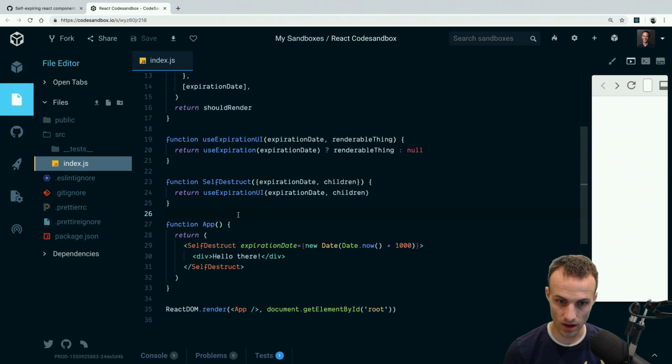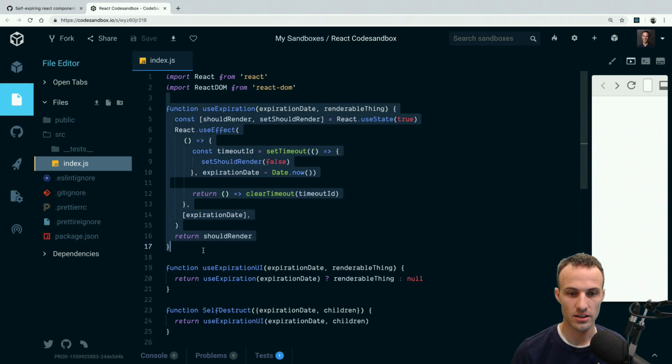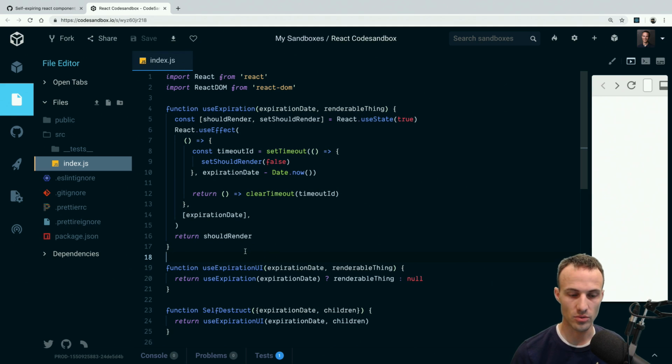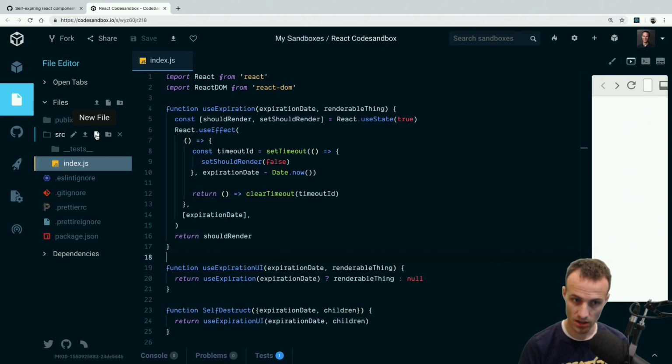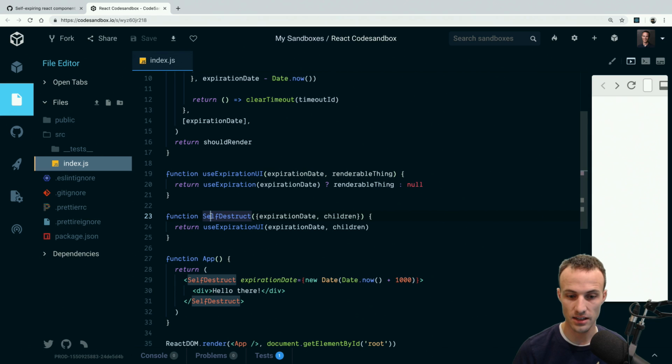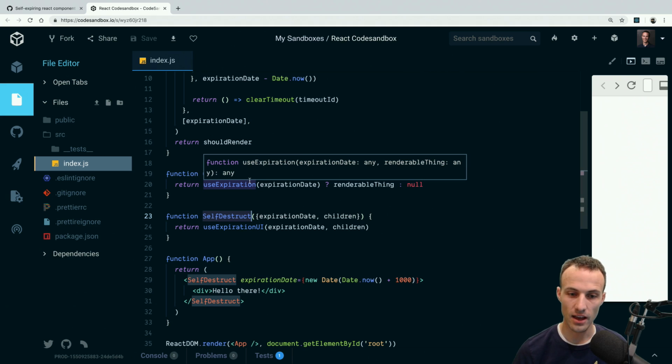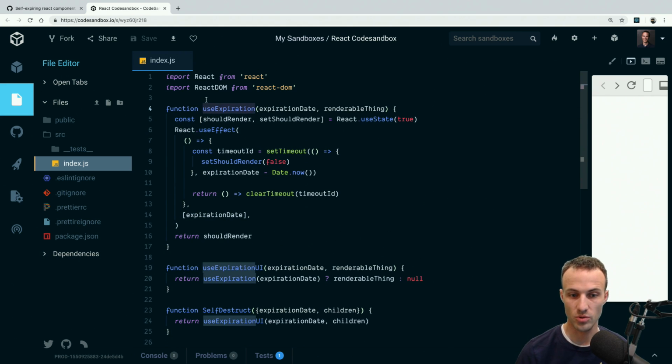So let's talk about how to test this use expiration thing. Now I might actually have to pull this down locally because I think I may need to use some APIs that Code Sandbox doesn't support. But yeah, what I'm going to do to test this is first I'm going to test it acting under the assumption that the only component that needs it is this self-destruct component. Okay, so that'll be my first assumption, and then I'll test it with the assumption that use expiration is actually going to be open sourced as a library or something. So starting with that,